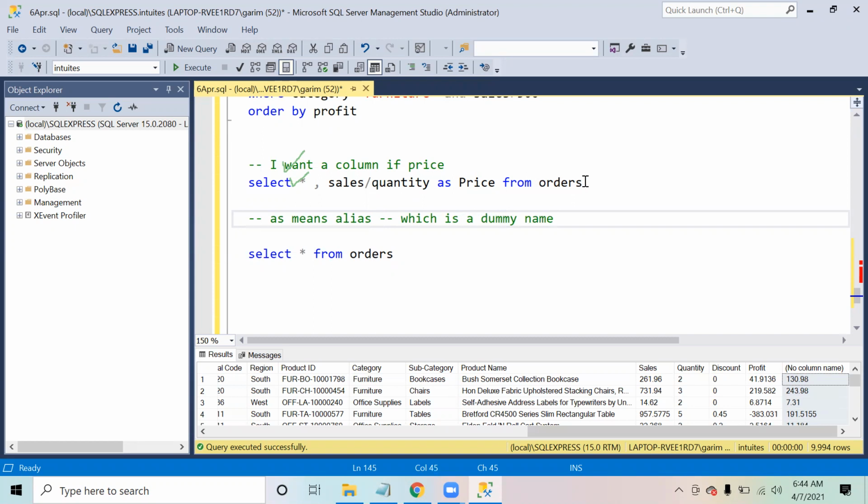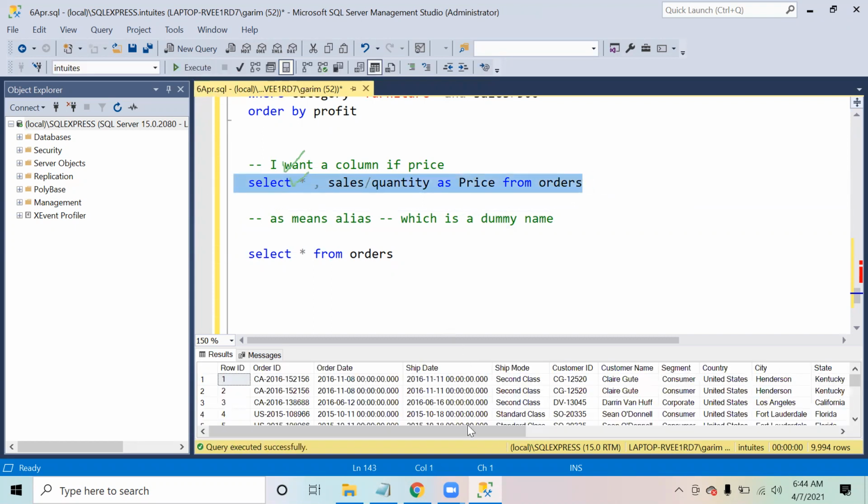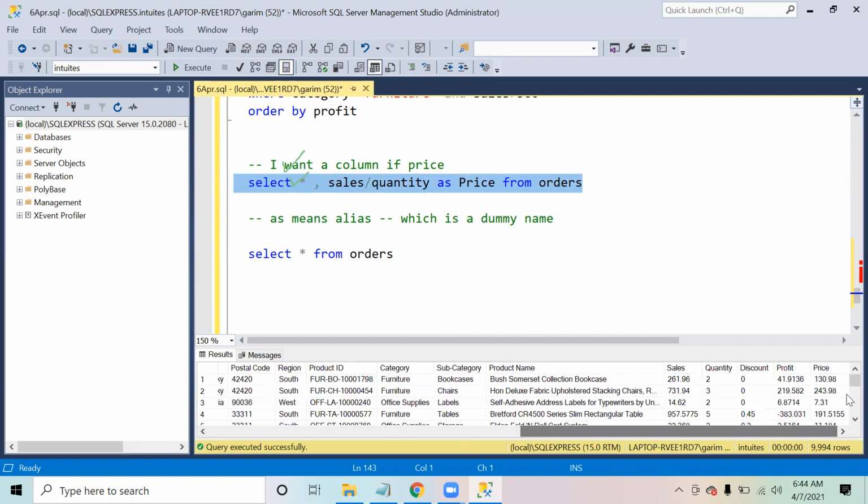Now if you run this query again and execute it, it will give this name, price, at the top.